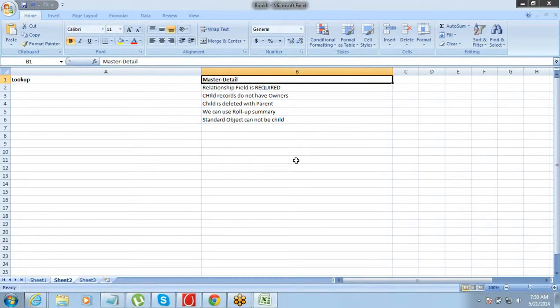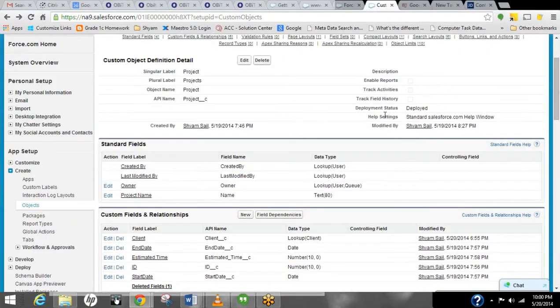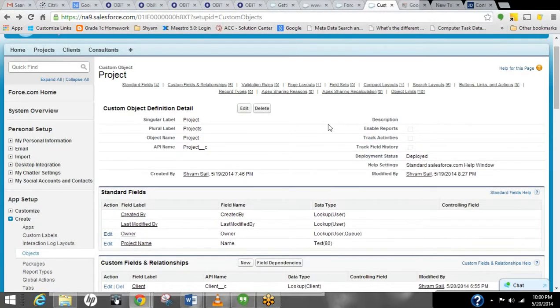This is my project custom object. And here is my new field, the custom field lookup client. So it looks like the new lookup field has been properly defined.